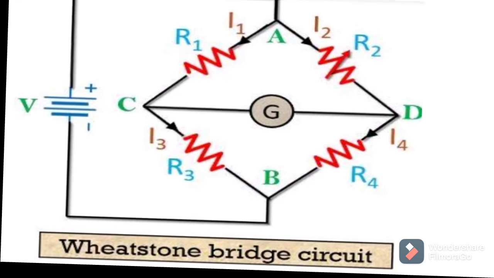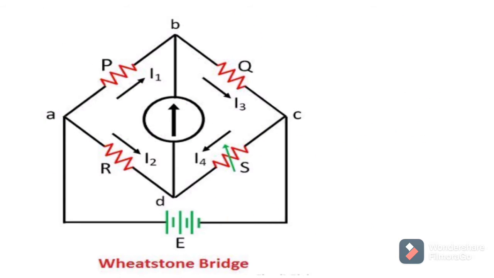Then we are going to talk about the construction of the Wheatstone bridge. The basic circuit of the Wheatstone bridge is shown in the figure. The bridge has 4 arms which consist of 2 known resistances, 1 variable resistance and 1 unknown resistance, along with the EMF source and galvanometer. The EMF supply is attached between points A and B and the galvanometer is connected between points C and D. The current through the galvanometer depends on the potential difference across it.